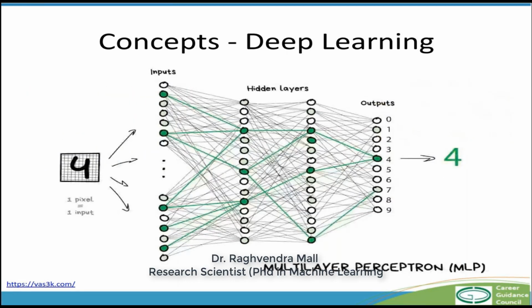So to give you an example here, how does a deep learning model work? You are given an image here, basically the handwriting recognition problem that I was telling you. You are given an image of a 4. So you have pixel information, every pixel, and you use this pixel information to make the input. Then this input is connected to what are called neurons, or hidden layers comprising neurons, very similar to how our brain works, and all these networks are connected with weights, and then you have the outputs that identify which particular digit it is.